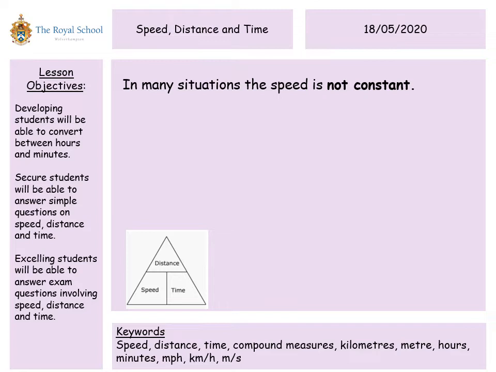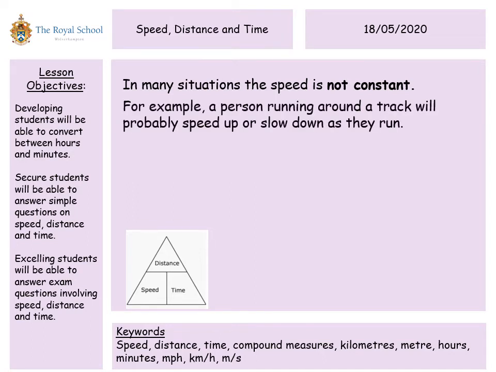So in many situations, the speed of something isn't constant. That means that it doesn't stay the same speed throughout its entire journey. So a person running around a track would probably speed up or slow down as they run. They might start off at 0 speed because they're standing still. They would have to accelerate to get to their top running speed, and then as they get tired they might slow down a little bit, or if someone's running a long distance they might stay at a constant speed and then speed up right near the end as they're getting towards the